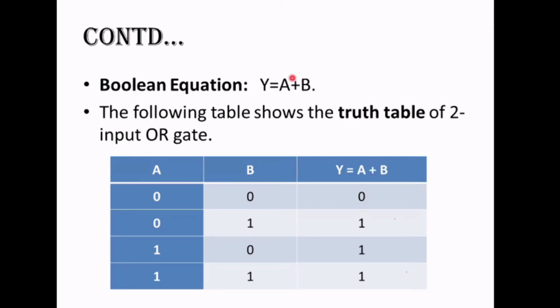We studied the logic gate, then we studied the definition of truth table, then we studied Boolean equation, then we studied symbol. So every gate is having that thing. Every gate will have a logic statement, every gate will have a truth table, each and every gate will have its own mathematical Boolean equation, and every gate will have its own symbol. Understood?